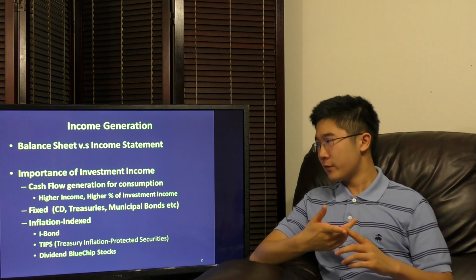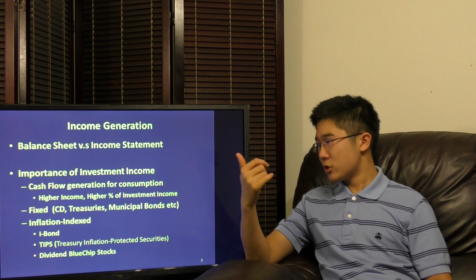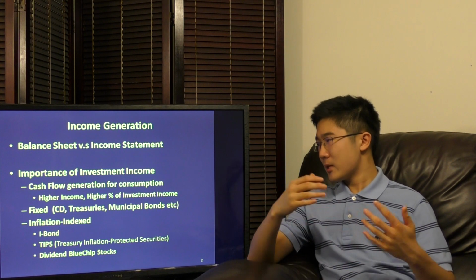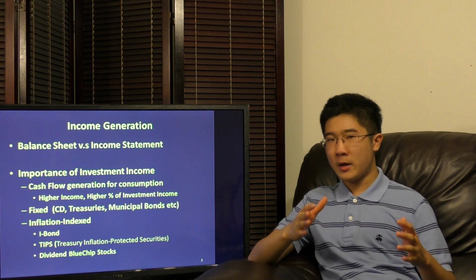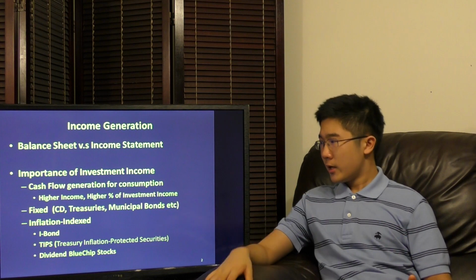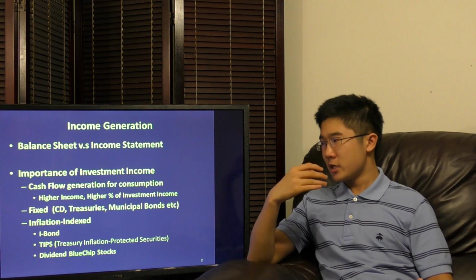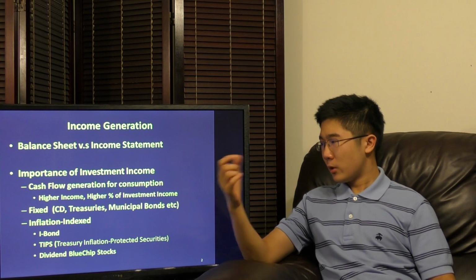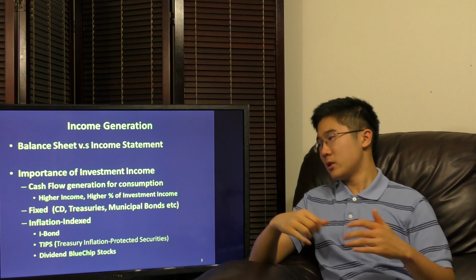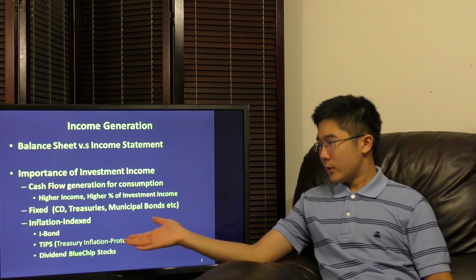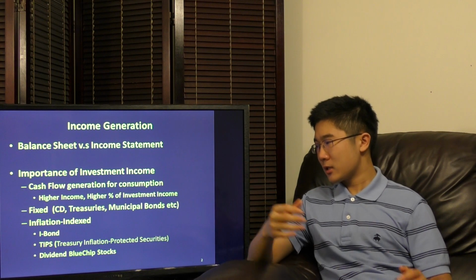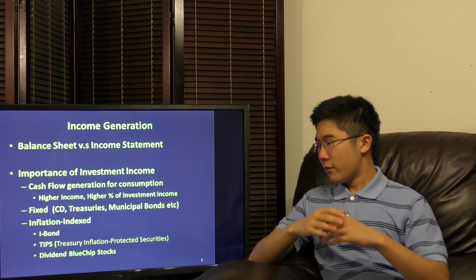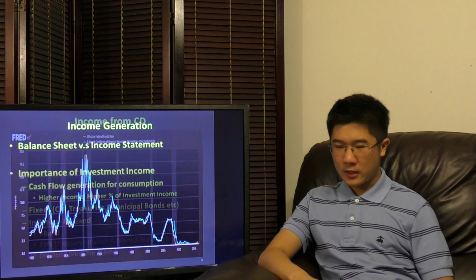There's fixed cash flow, fixed income investments, such as CDs, treasury bonds, municipal bonds, treasury bills, etc. Because these are not inflation adjusted, these are fixed on a certain amount, no matter what, every single period. And inflation indexed investments, of course, as you might be able to infer, are adjusted for inflation. They are more fluid in that sense. For instance, I bonds or Treasury inflation protected securities, which is a modified version. And of course, lastly, and perhaps most fundamental, are dividend blue chip stocks. These dividend blue chip stocks can be a very, very solid part of the foundation of your financial wealth, which we'll expand upon in later slides.